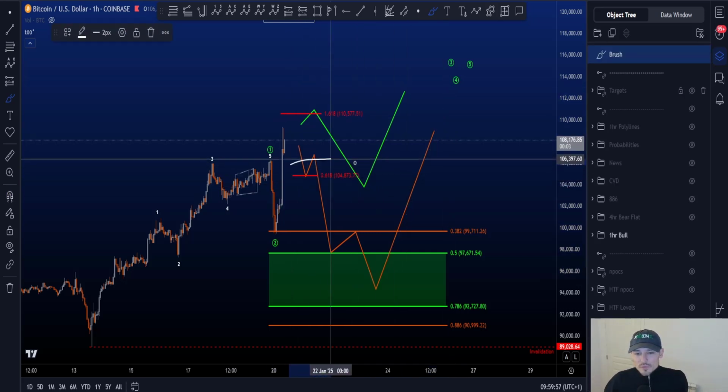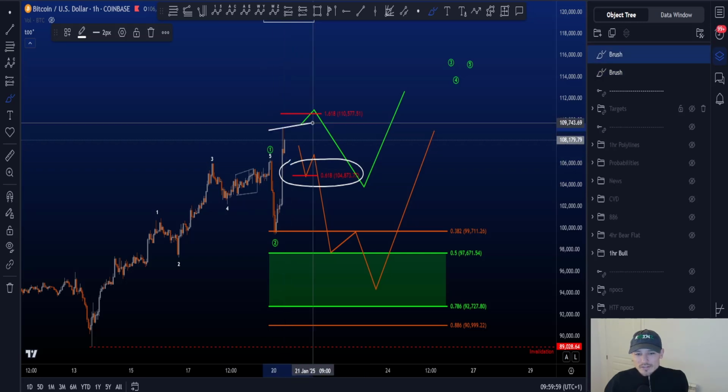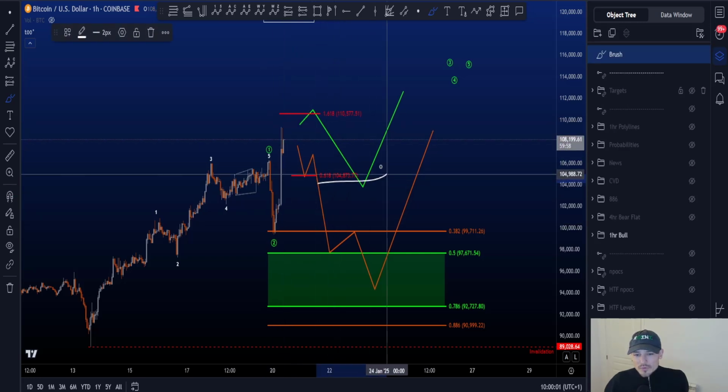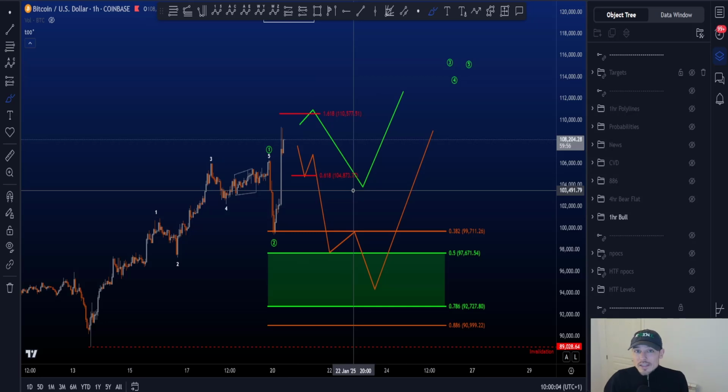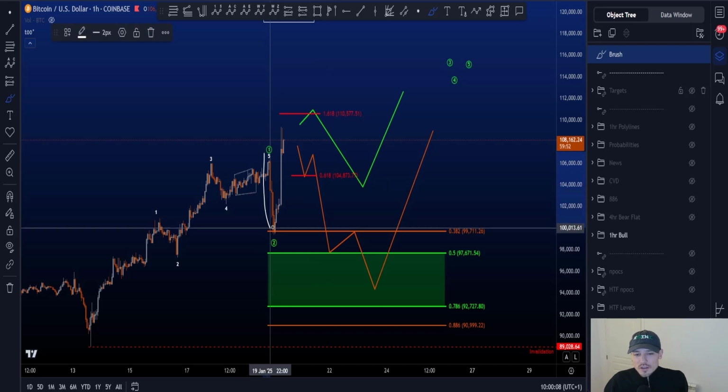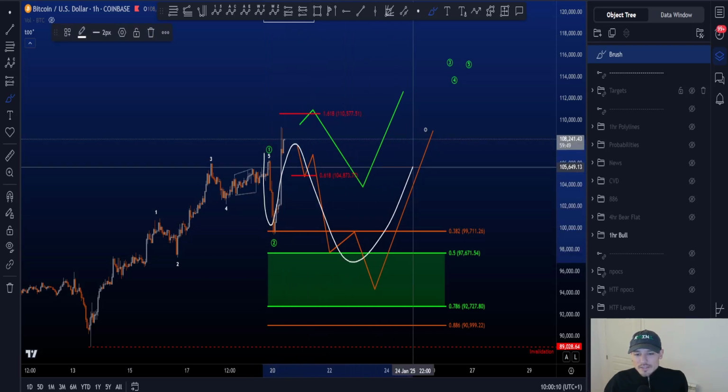If price moves towards the downside first without taking out the high and moves to 104.8k, it will increase the probabilities for the orange polyline price action for the potential of a flat ABC and then